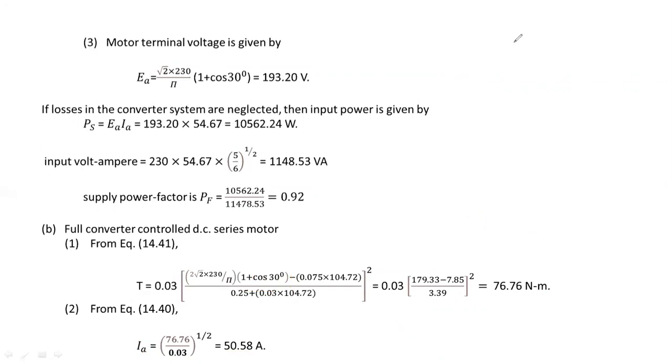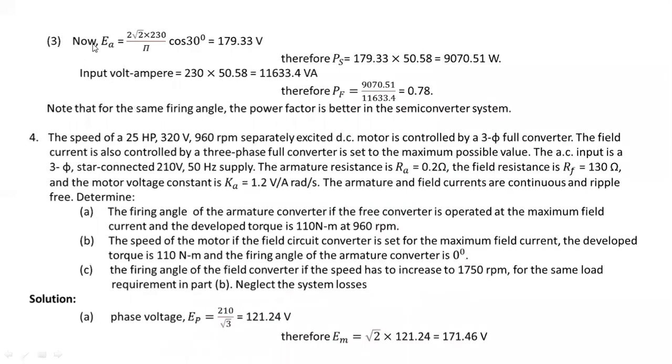And coming to the third bit, we need to calculate the power factor. So here the power factor is calculated. See, in order to calculate the power factor, the same methodology has been used, but however, this formula is different. The average voltage equation, this is full converter, right? So for full converter, it is 2 into Em by pi cos alpha. So 2 into root 2 into 230 will give the maximum value, by pi into cos alpha. Alpha is 30 degrees. So cos 30, you will get 179.33 volts as the average voltage or the motor terminal voltage.